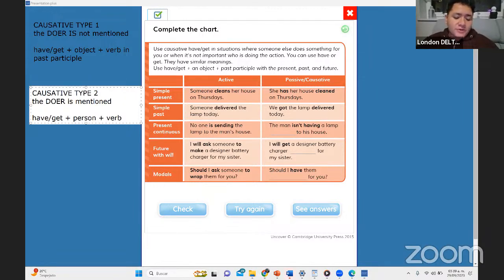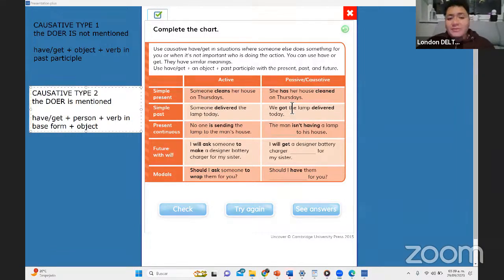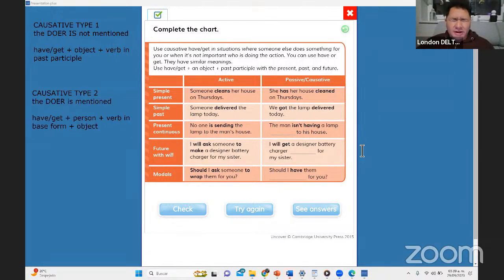Then we have the verb. Y esto es importante, verbo en forma base, ¿ok? And then we have the object. Ok, entonces ya vamos a mencionar quién lleva a cabo la acción. Vamos a seguir esta estructura. So, for example,